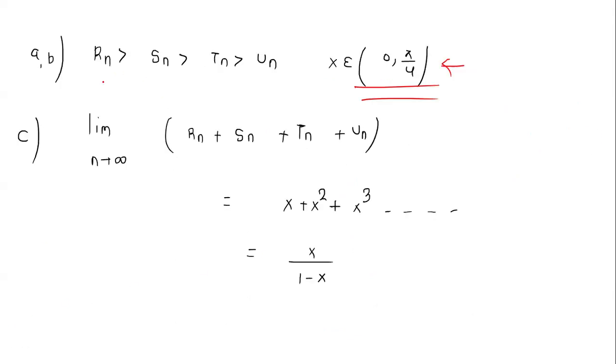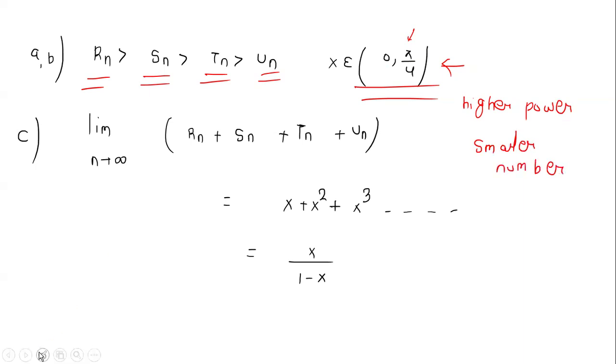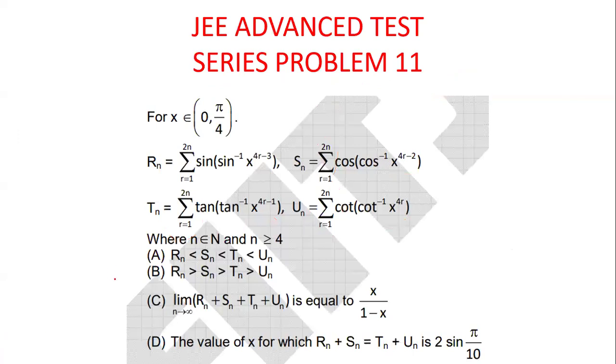So we can say that this R of n is biggest, then the number S of n will come, then this T of n will come, then U of n will come. Because x is lying between 0 to pi by 4, so higher power means smaller number. So we can directly say this. So based on this information, we can say that